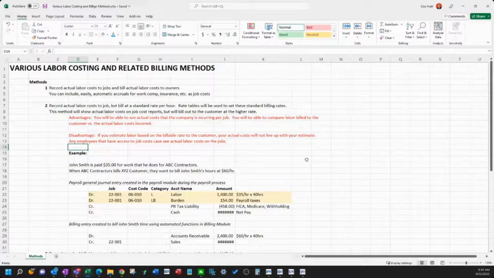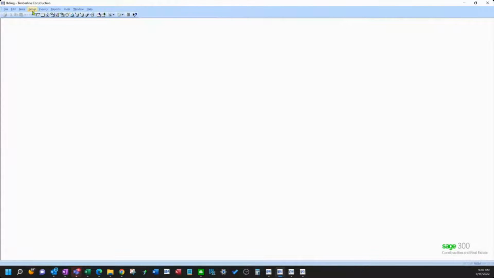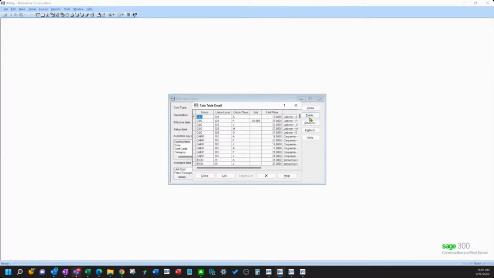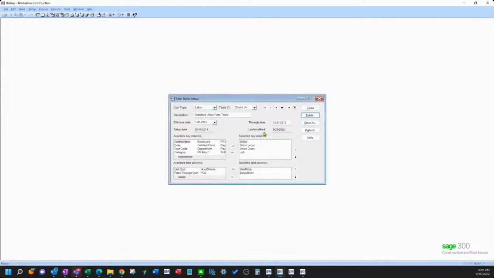So on the rate table in Sage, which I'll show you here where those are, it's not the exact scenario, but this is an example of a table. So you would use the title instead of these up here, but you would have it key off of the type carpenter here, and you'd put their price. Okay, so you'd set up a separate table for this job and assign it to that on the contract.